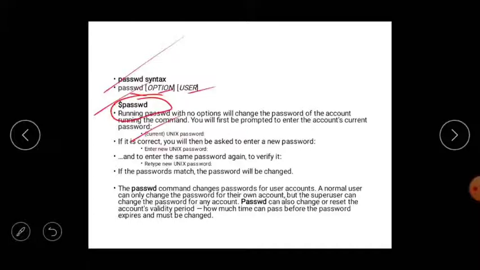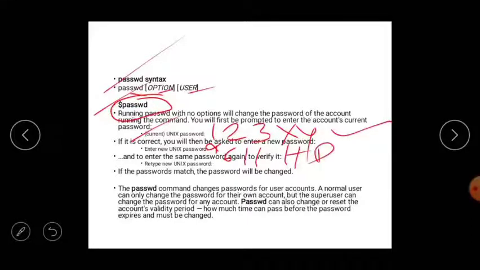Okay, our current password is suppose 123XY. This is the current password. If it is correct, next you will be asked to enter the new password. It means you have to enter a new password like 9611HD.